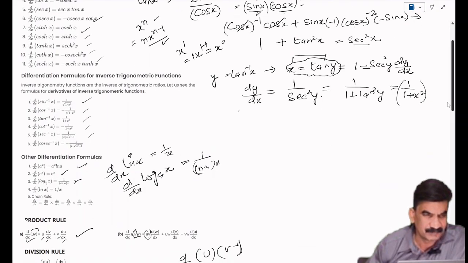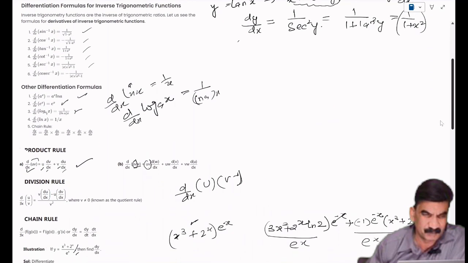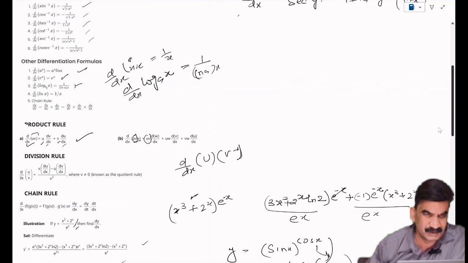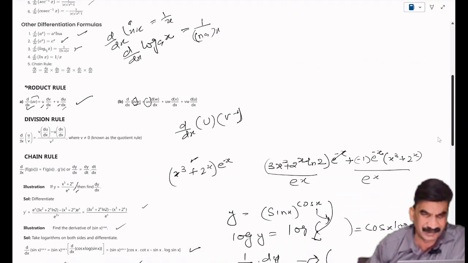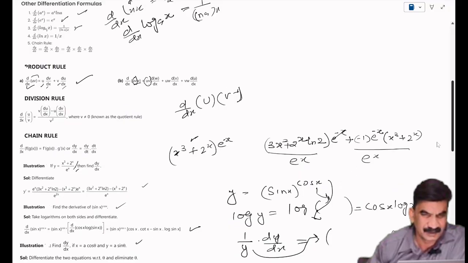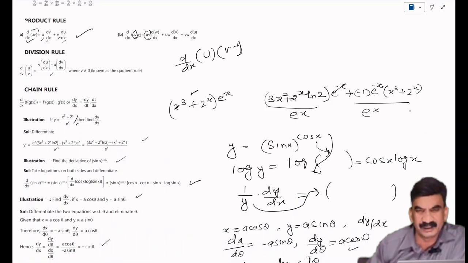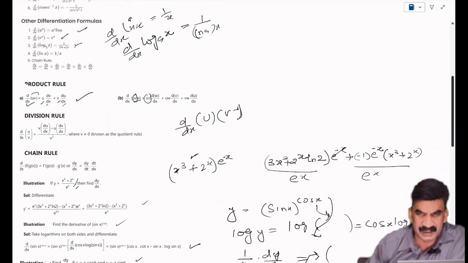Then I talked about some standard derivatives which would be used very frequently. Then I talked about the product rule, quotient rule, chain rule. I don't know what rules, I don't really care. But with a little bit of common sense and cleverness, you can juggle around with the numbers or the variables and get it. So this is about differentiation,